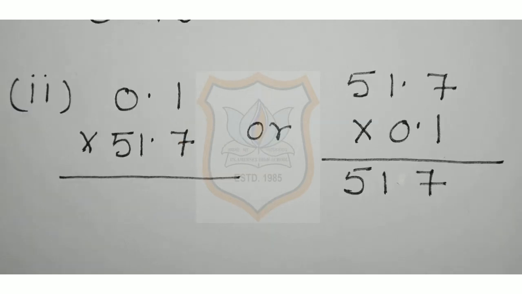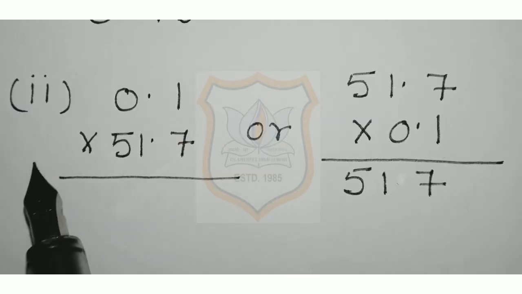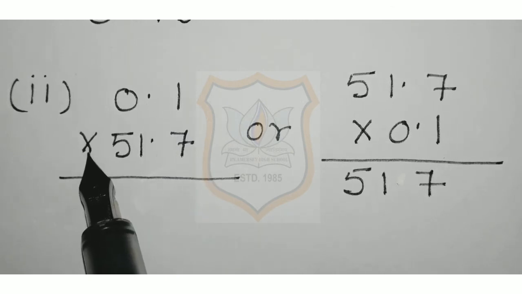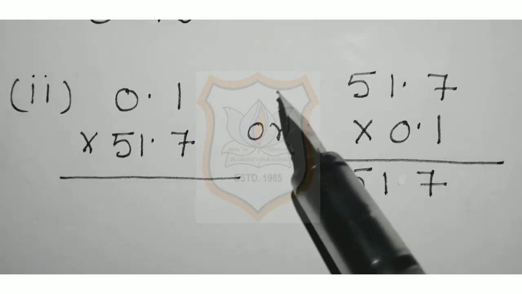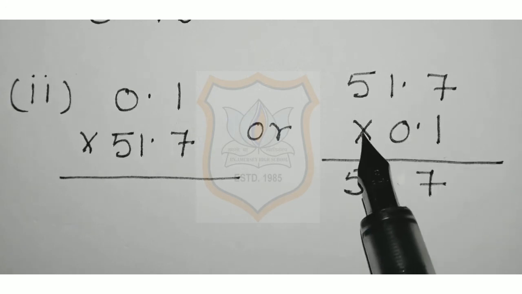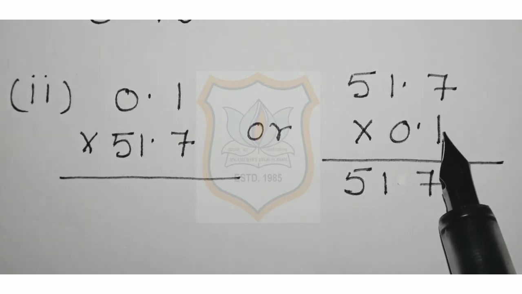Now, we will solve part 2 of question number 5, that is 0.1 multiplied by 51.7, or we can say that 51.7 multiplied by 0.1. Our answer is